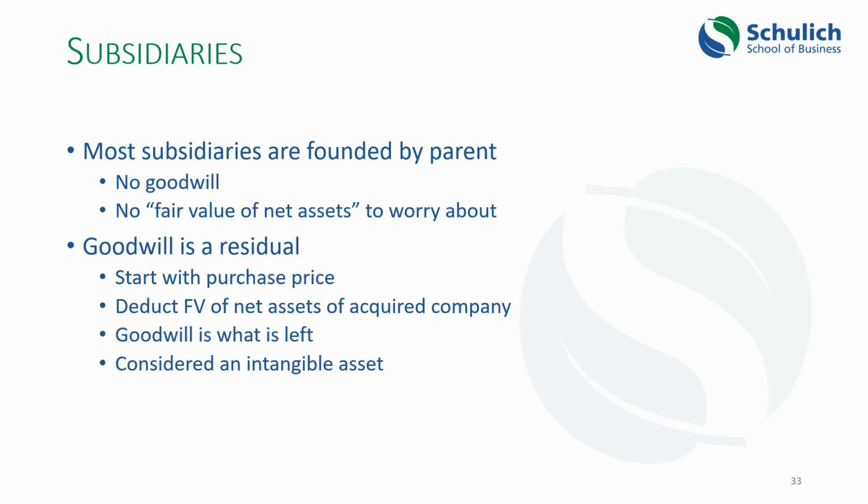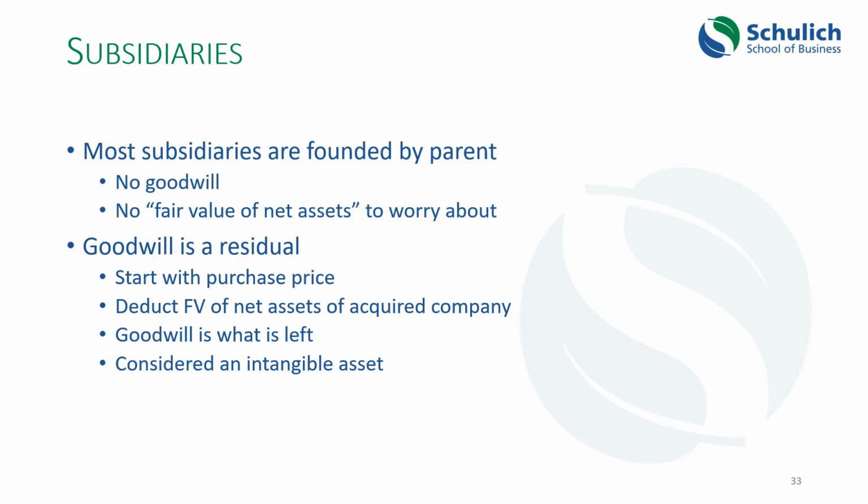The same thing if a company spins off a subsidiary that will own the intellectual property of the company, for instance, as Apple has done. That's completely owned by the parent company. So there's nothing to worry about in a consolidation. It's just a splintering of the assets and liabilities off into a separate legal entity, but the consolidated company is going to just add everything together. There won't be any consolidation issues there. Goodwill only arises as a residual in situations where the subsidiary was not founded by the parent company.